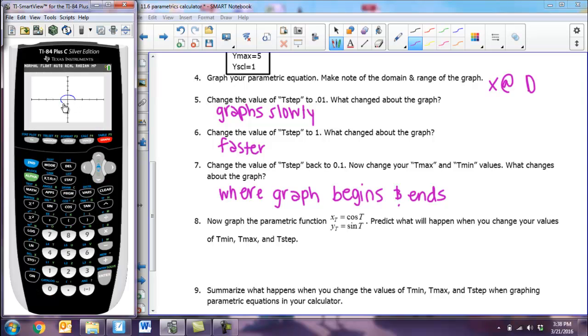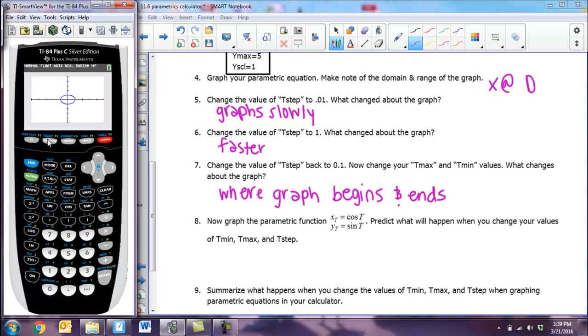I still start at 0. Now I've completed my circle, but my graph was still graphing, in case you didn't notice over there. Because if you think about it, it takes a whole 2 pi radians to continue going around. And I still know I'm in radians because I didn't change that on my mode. So if I graphed exactly 2 pi here, then I know I would get just my whole circle, and then